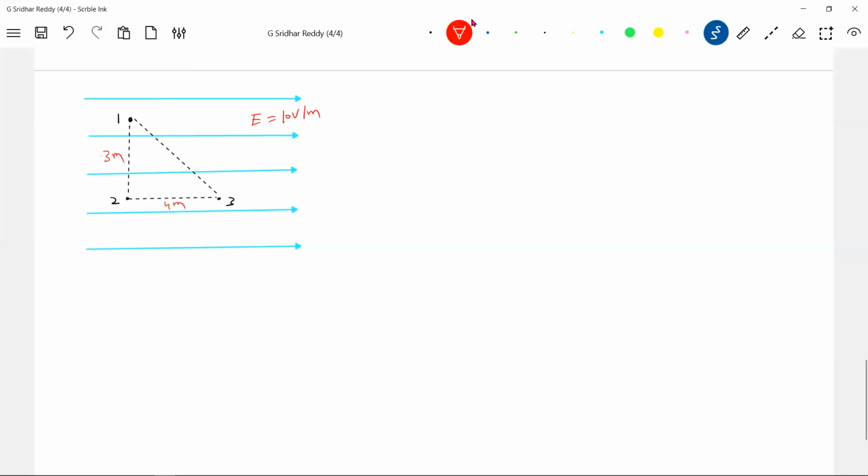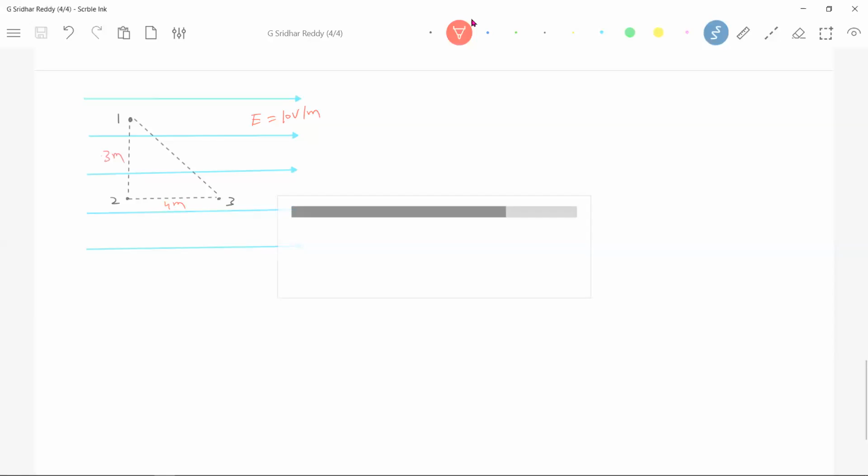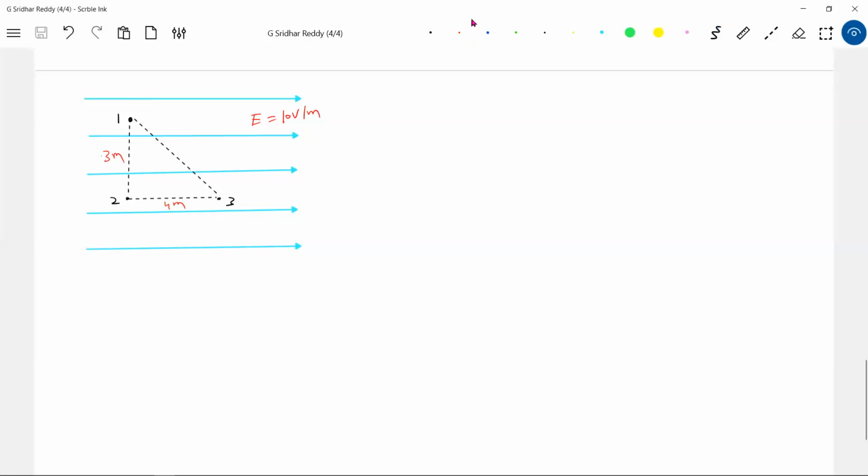Now, already you know equipotential points. Can you remember something we have discussed, the equipotential idea? What are the equipotential surfaces for a uniform field? They should be perpendicular. This is the equipotential line. So what about 1 and 2? The potential at 1 and 2 will be the same. Can we calculate the potential difference between 2 and 3? The field is uniform. According to this formula, E equal to minus delta V by delta X. If the field is uniform, the formula will become very simple: E into delta X.